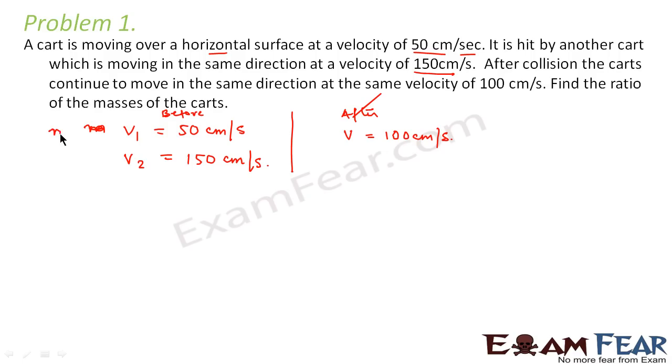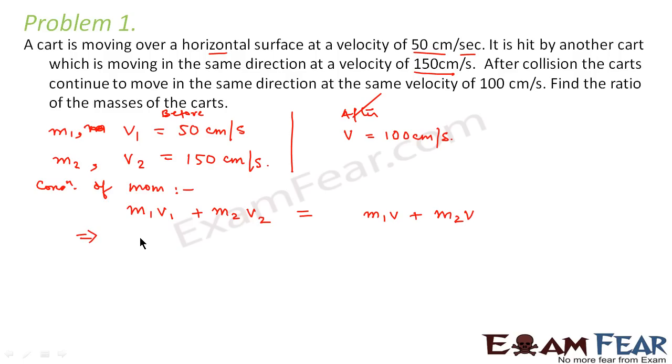So masses are not given. Let us suppose this first cart has mass m1 and the second cart has mass m2. Applying the conservation of momentum, what do we get? The total initial linear momentum should be equal to the total final linear momentum. So what is the total initial linear momentum? m1 v1 plus m2 v2. What would be the total final linear momentum? Final momentum would be m1 into v plus m2 into v, because both m1 and m2 move with the same